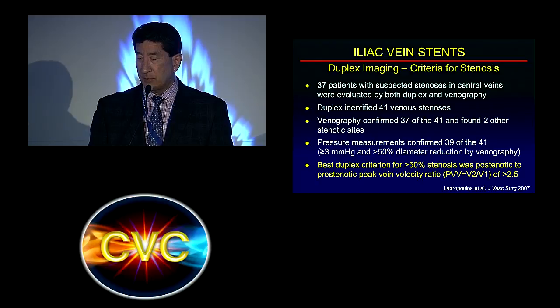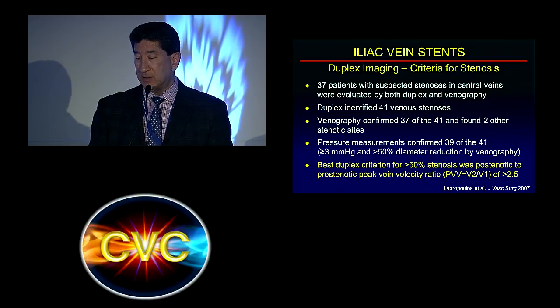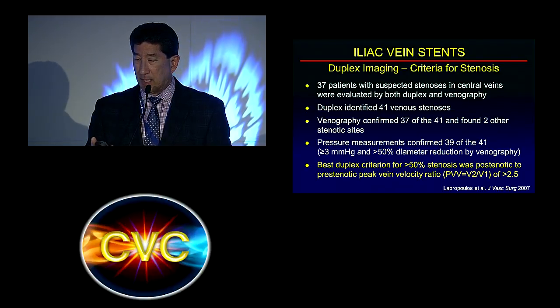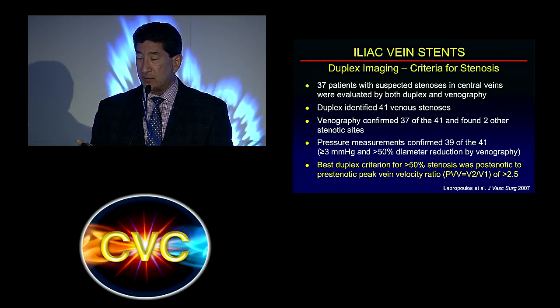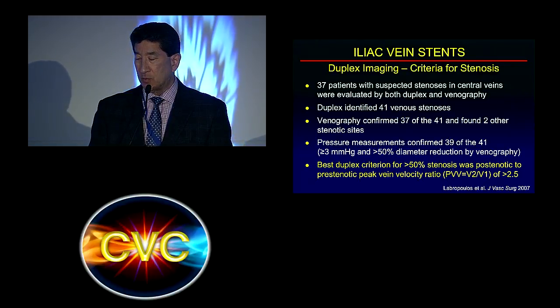But this is Nikos Labropoulos' study, a relatively small number of patients. It included both upper and lower extremity veins. And the best criterion he could come up with, for a greater than 50% venous stenosis, was this post-stenotic to pre-stenotic peak vein velocity ratio of greater than 2.5. And I think that can work pretty well, but I certainly have seen venous stenoses that don't quite reach that